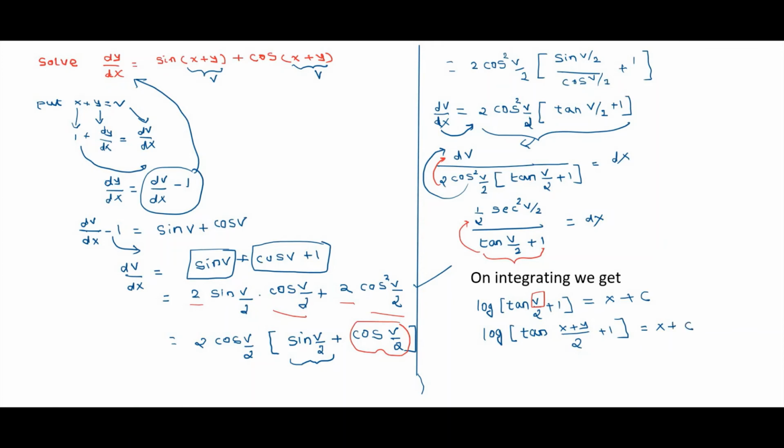I think you understood that the differentiation of this 1 plus tan v by 2 is equal to this numerator term. So we can apply logarithm, because of the differentiation of tan x by 2. What is the differentiation of tan x by 2 plus 1? This is sec square x by 2, and the differentiation of x by 2 is 1 by 2, plus the differentiation of 1 is equal to 0. So this is the numerator term. So we can apply logarithm. If the differentiation of the denominator is the numerator, the integration of numerator over denominator is nothing but logarithm.